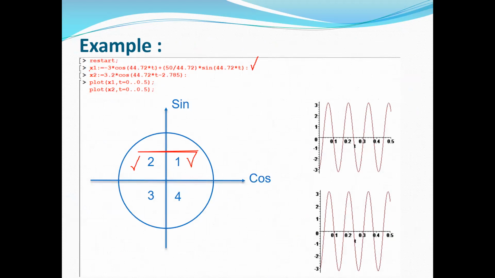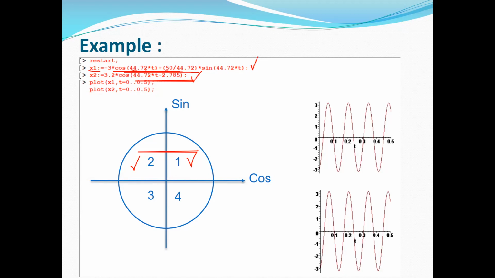So x1, this term is x naught times cosine omega nt, where omega is 44.72. And this is v naught divided by omega n times sine. So this is the first form of your response. The second form, using the harmonic equation, harmonic motion, is x2, which is A times cosine omega nt minus